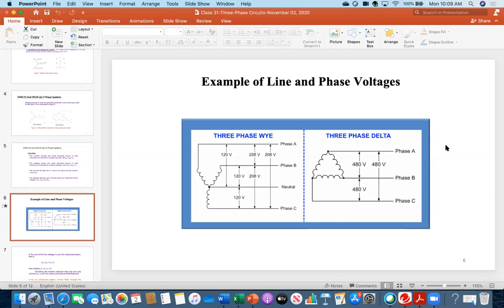So at this point, just keep in mind that magic number that I said, √3. Look at the relationship between line to line and phase to neutral: √3 times. Here there is no current example, but we will see this current will be √3 times of this current. So that √3 is that magic number. I will discuss with you how that √3 comes about and what to do.